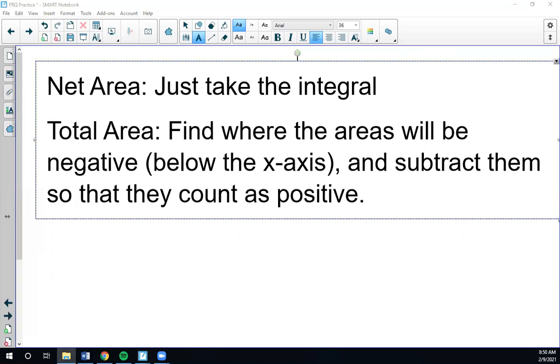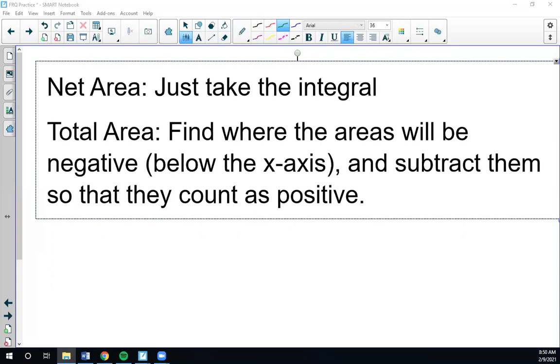So that's the idea that we're using here. If we're asked for total area, then we're going to subtract the negative pieces so that they count as positive. In other words, what we're really doing here,